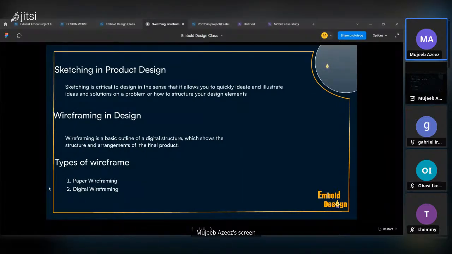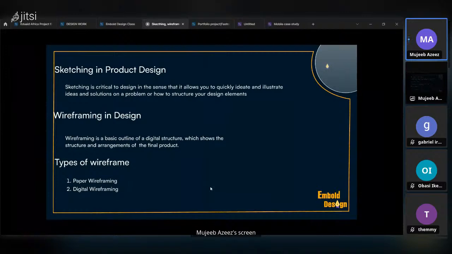That's how paper wireframe is. So it's neater. And digital wireframe is the one you do on Figma. You can use any design tool, not even only Figma. You can use any design tool to do your